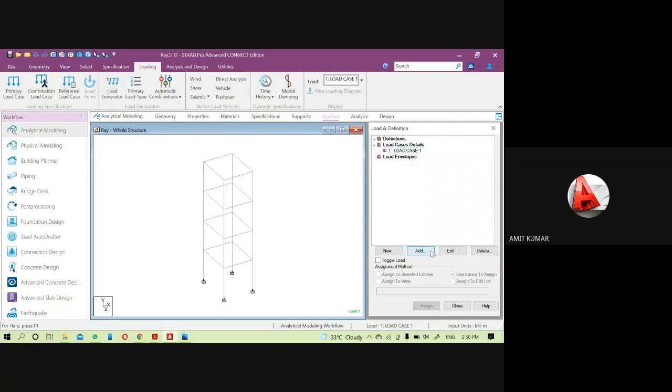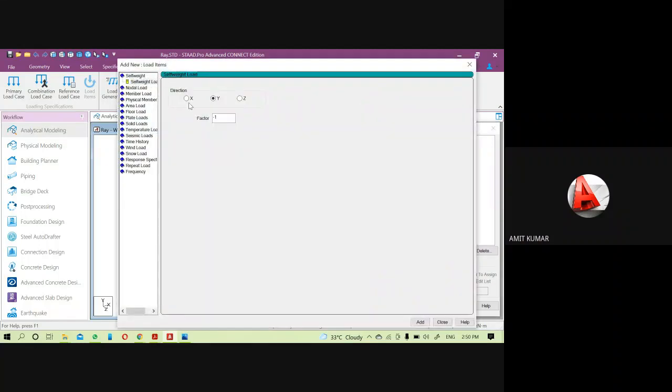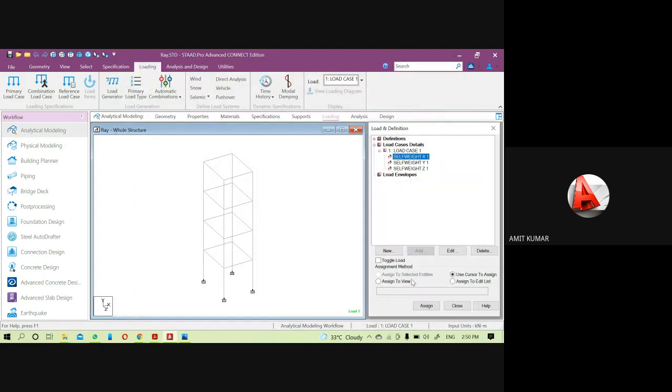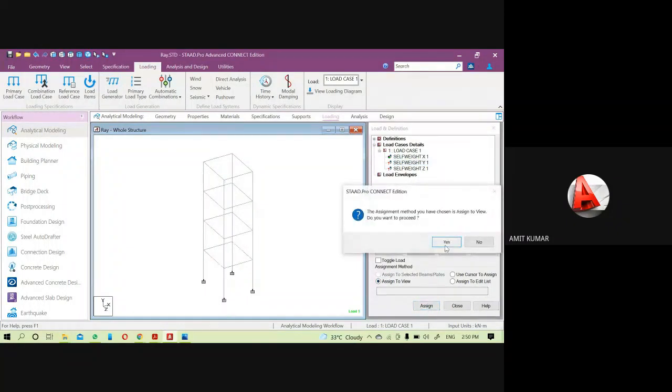then we have to add the mass of the structure in all the directions. That means along the x, y, z each direction, because this will be the structure's response, not the natural frequencies, not the mass of the structure due to the natural frequency. Okay, so it will be along the x-axis, then the y-axis, then after along the z-axis. So this is the self weight and assign it to the view. So this is the mass of the structure. That's why I put the positive value.